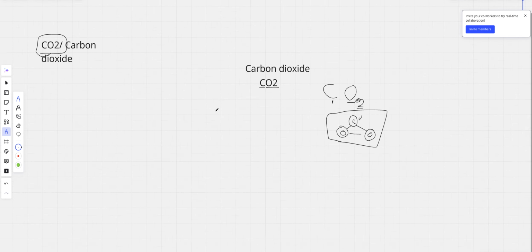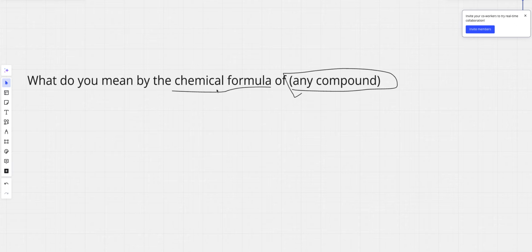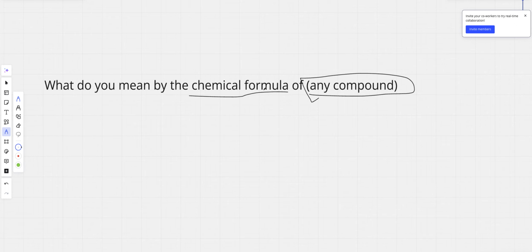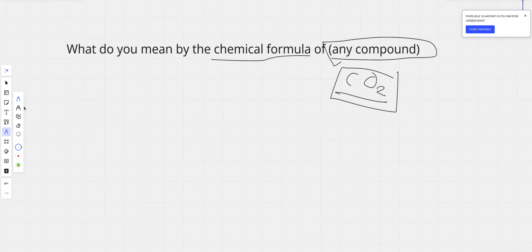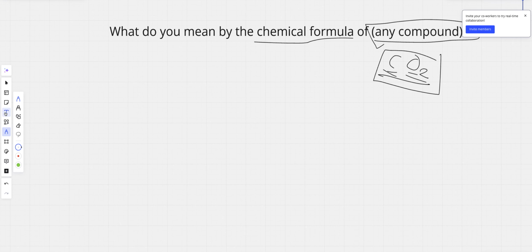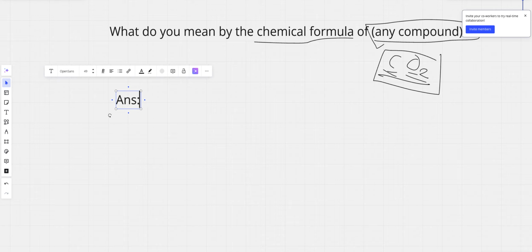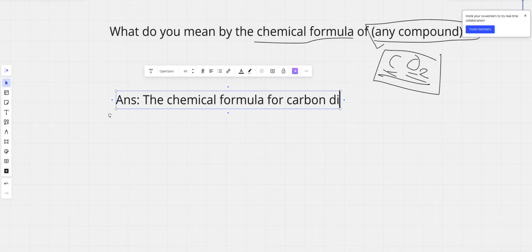Right. So our main question was, what does CO2 mean? Well, we learned that it's made up of carbon and oxygen, and there is one carbon atom and two oxygen atoms. So how do we answer this question? We write, the chemical formula for carbon dioxide is CO2,